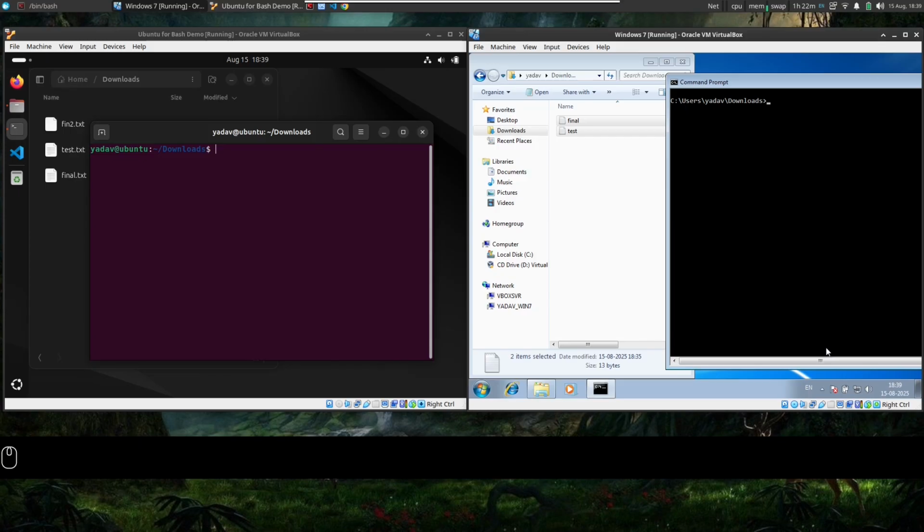So copy pasting, listing the content, changing the directories, accessing the directory structure is similar. You either go relative to your present working directory, or you can go absolutely starting from the root. In Windows, the root will be from the volume which you have created, volume C colon and so on.